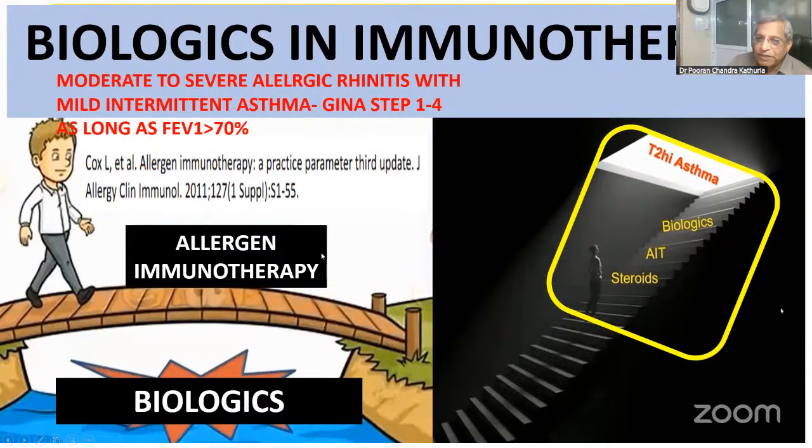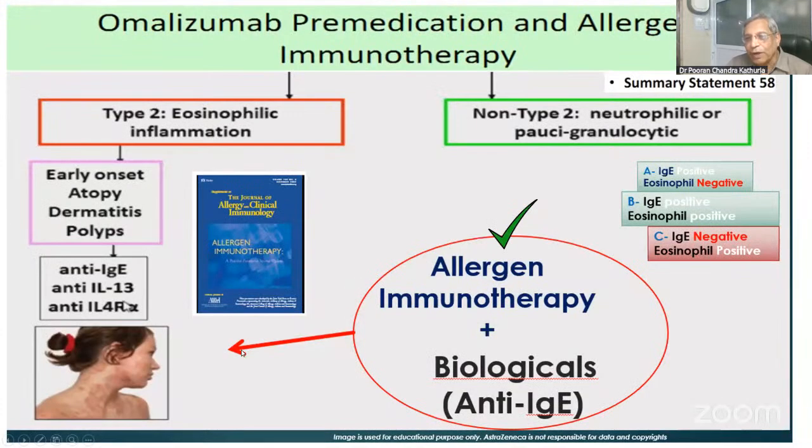Allergen immunotherapy is an immune modifier. It activates certain immunoprotective cytokines, IL-10, IL-35, TGF-beta, and immunoregulatory antibodies, IgG4, secretory IgA. At the same time, biologics act on the inflammation. They will decrease the inflammation. It is immunogenic. So the combination of allergen immunotherapy and biologics is additive as well as synergistic.